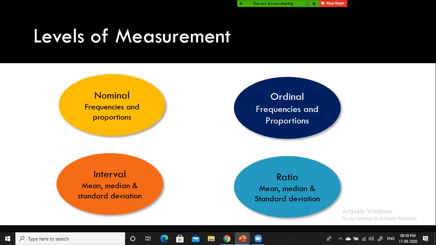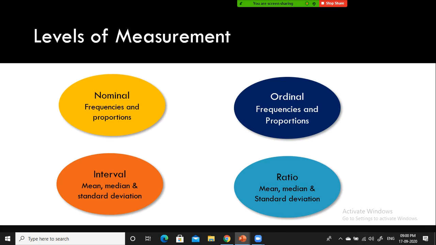If you don't have the gender column, what will happen? You cannot tell how many males. You cannot answer your business stakeholders' question. You cannot say this many males, this many females applied for the claim.